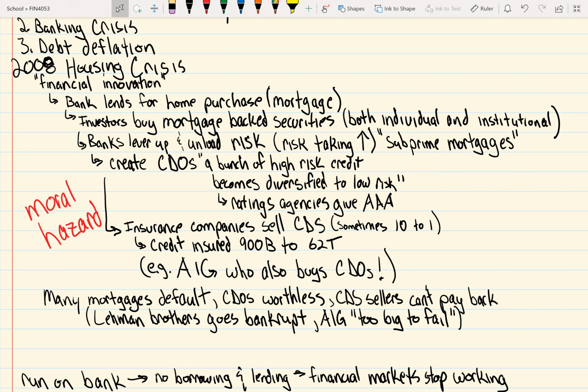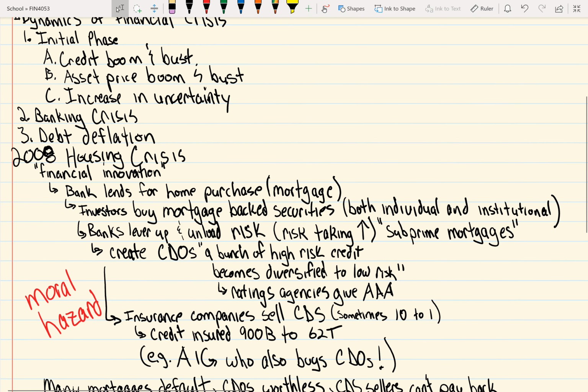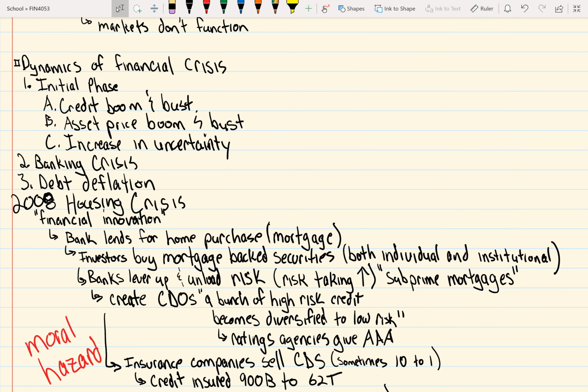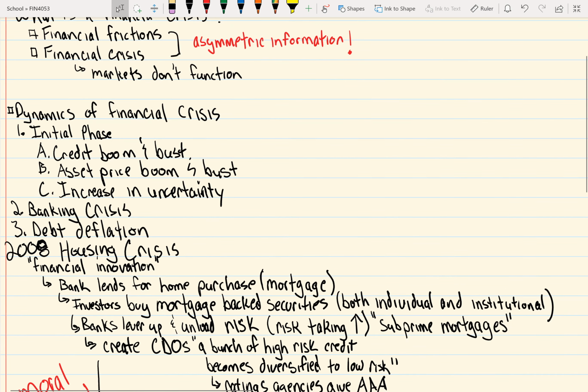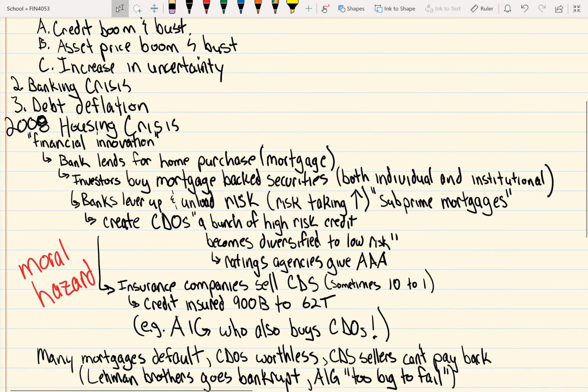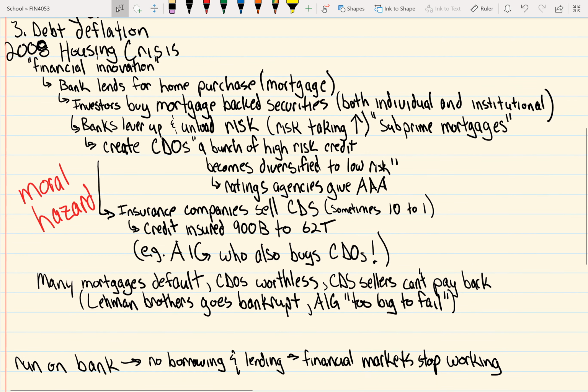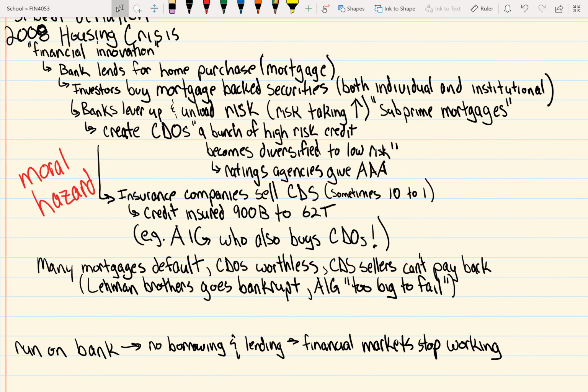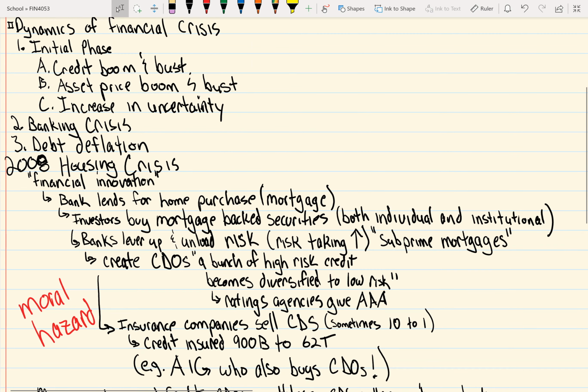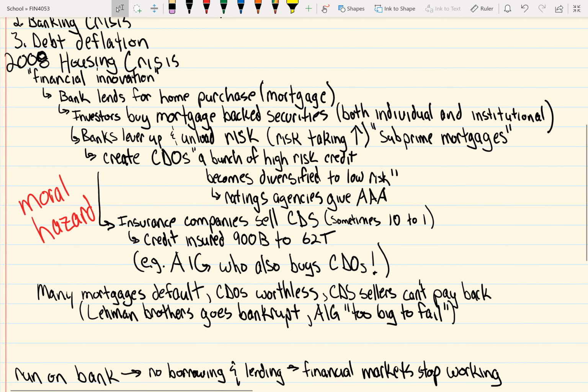So during that time, Lehman Brothers was also another big institutional investor in these CDOs. So they go bankrupt, and then, of course, that is part of this credit bust. So of course, if all banks did this, as I began this video with, we would be in big trouble, and nobody could lend, nobody could borrow. And that's what they call a financial crisis. That's where the entire financial system just essentially stops working.